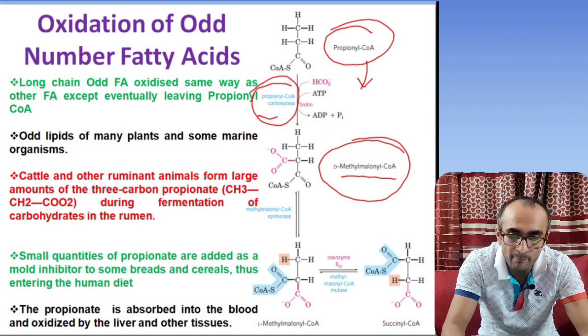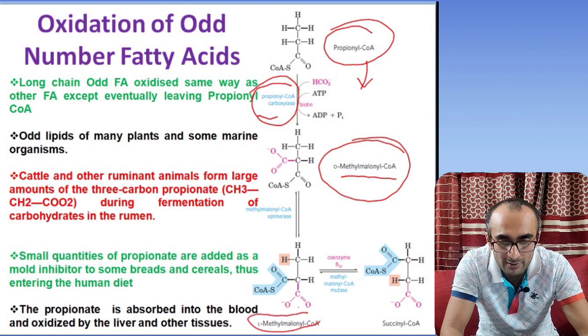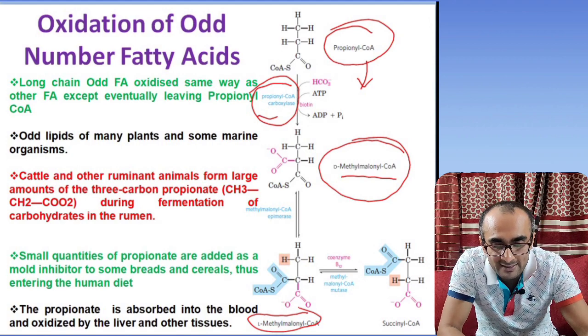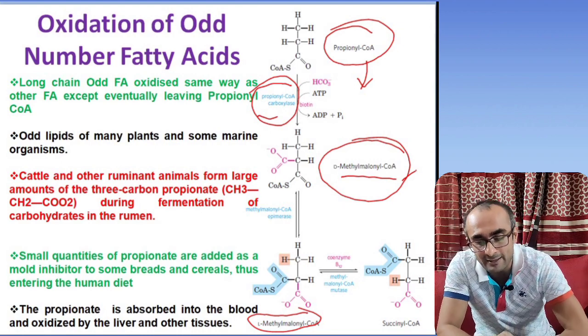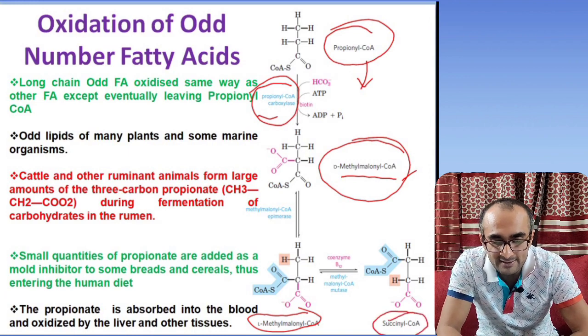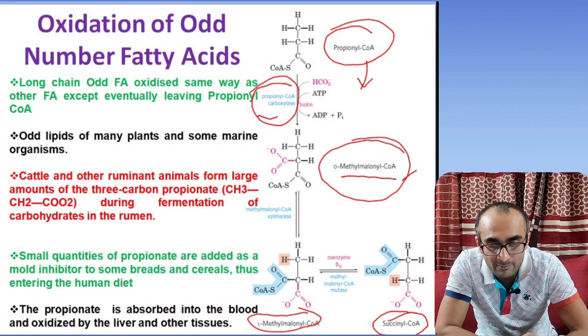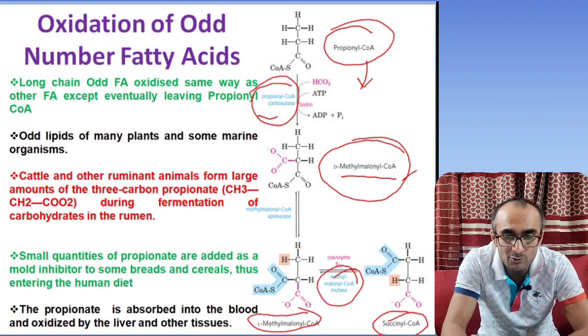And this methylmalonyl coenzyme A is converted into the L-isoform by an enzyme called methylmalonyl coenzyme A epimerase. So D-methylmalonyl coenzyme A is converted into L-methylmalonyl coenzyme A by the epimerase, and this L-methylmalonyl coenzyme A is converted into succinyl coenzyme A by an enzyme called methylmalonyl coenzyme A mutase. And this methylmalonyl coenzyme A mutase uses